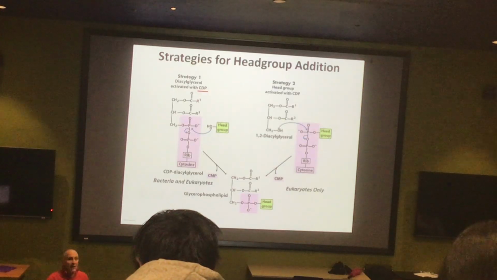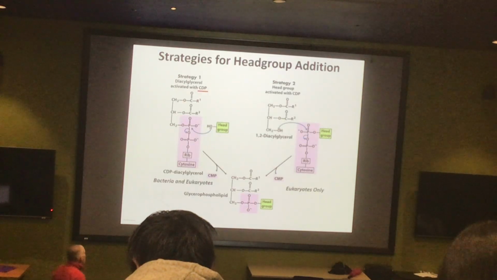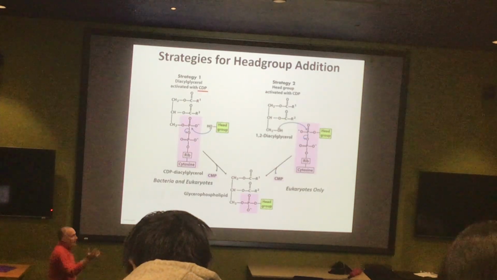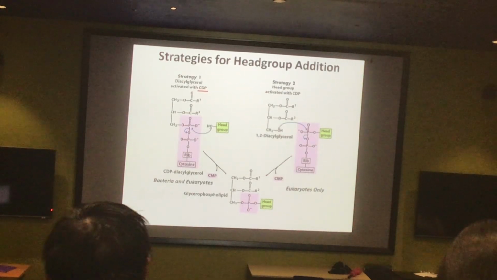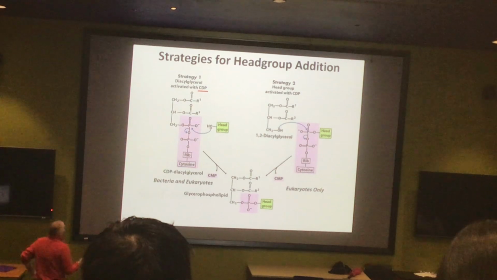We have all these nucleophiles around, all these potential electrophiles. The leaving groups, in theory, could go onto the fatty acids, or the leaving groups could go onto the head groups, right, which you're attaching. Both of those things are possible. So here's the first strategy.